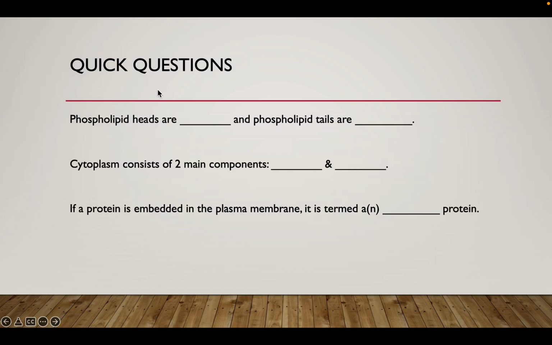Now, we will answer a few questions and we'll go on. So you should think that phospholipid heads are hydrophilic and phospholipid tails are hydrophobic. We know that the cytoplasm contains two main components. That's going to be our cytosol as well as the organelles. And we know that if a protein is embedded within the plasma membrane, if it's completely embedded within and crosses the whole surface, it is going to be an integral protein. So we will stop there and we will pick up with part 2 in the next